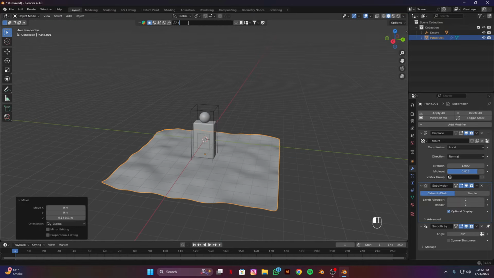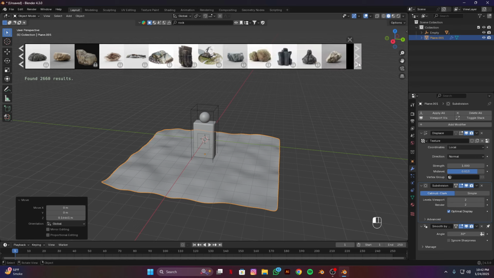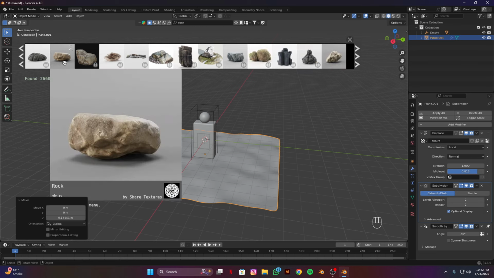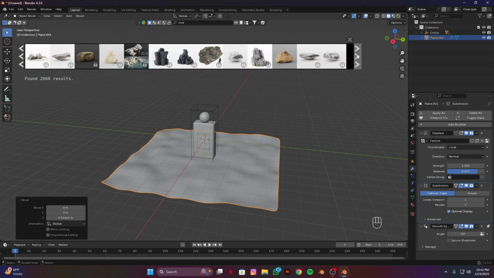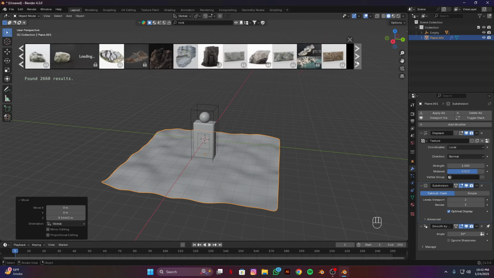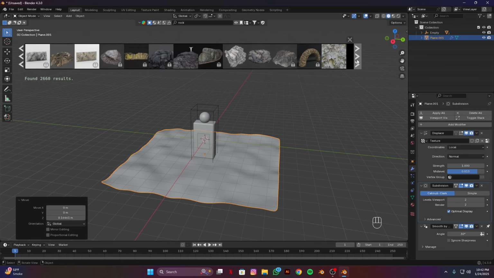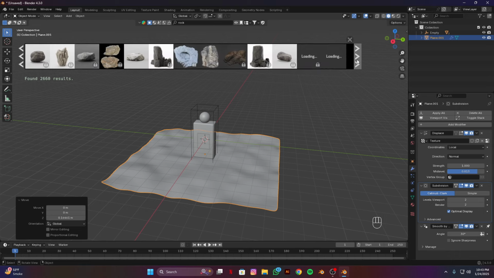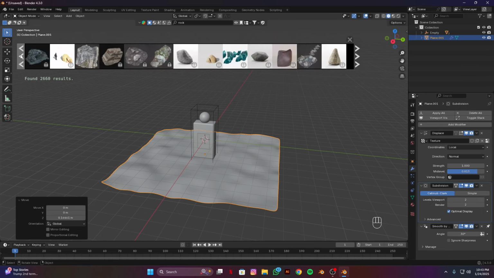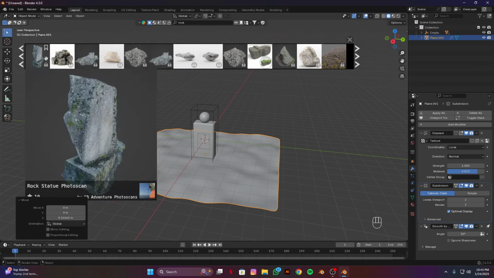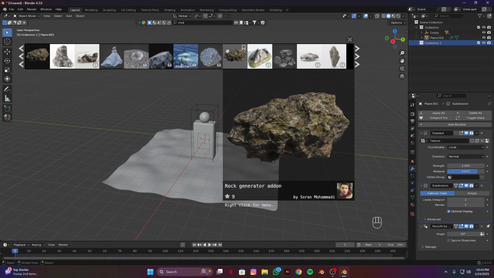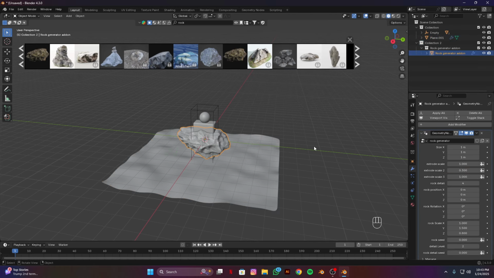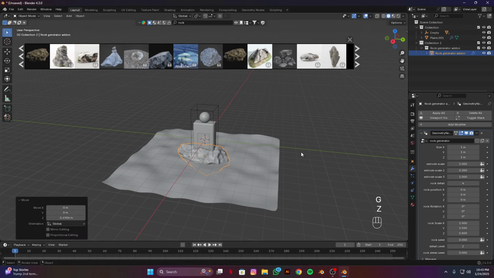Okay, search here rock. Okay, so you can see you have multiple choices. You can download free rocks, but I am finding the one which I added before. Here it is. Okay, let me add a collection, and here over stone, select this, GC, move on Z axis,